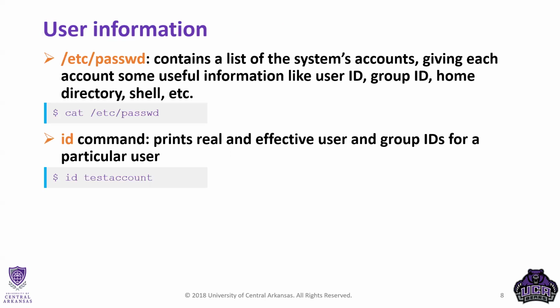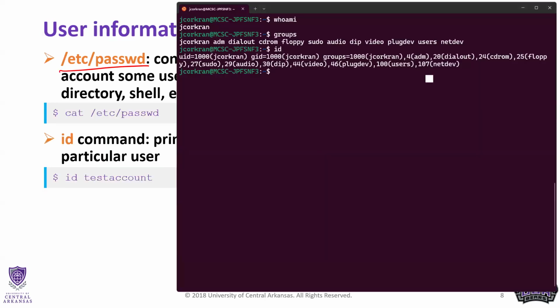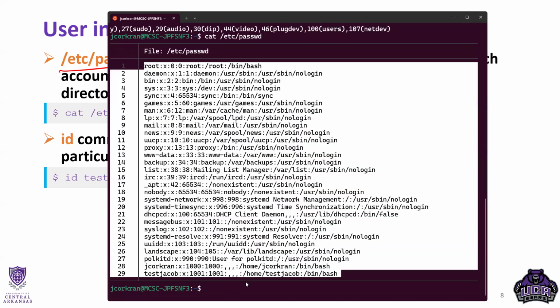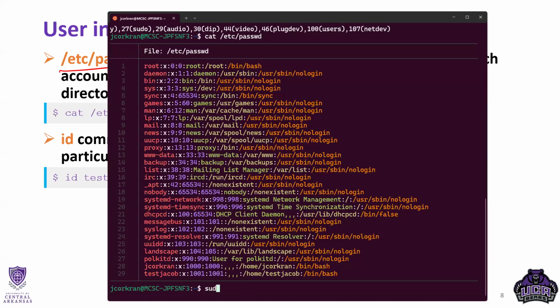All right, now all this information winds up getting stored in /etc/passwd. Actually, there's another location we'll touch on in a second, but the first one it's going to hit is /etc/passwd. That is where we can see all of our accounts. So if we were to cat that out, then we can see right here all the accounts that we have. So if I want to now create an account, I could say sudo, and then we do useradd,